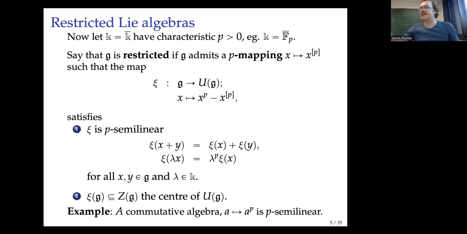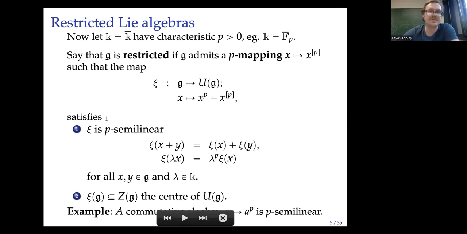So now let's take K to be of characteristic p. For instance, we might take the algebraic closure of the finite field with p elements. We say that G is restricted if it admits a p-mapping, which I denote x goes to x^[p]. This is a map from the Lie algebra to itself. Its defining property is that this associated map psi, which goes from G to UG by the expression x goes to x^[p] minus x^p, where x^p is the pth power in the enveloping algebra,